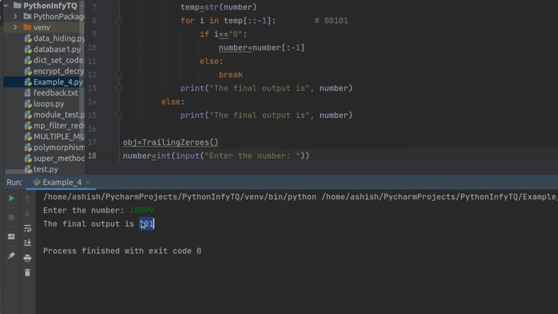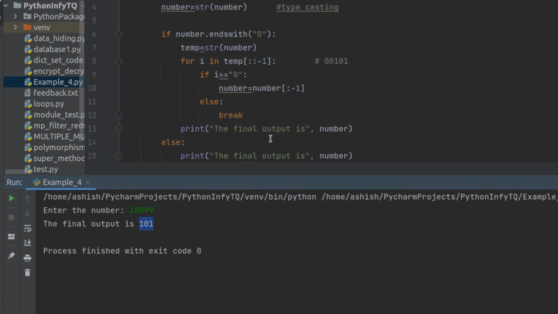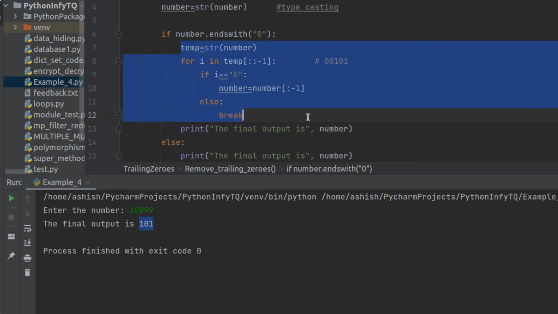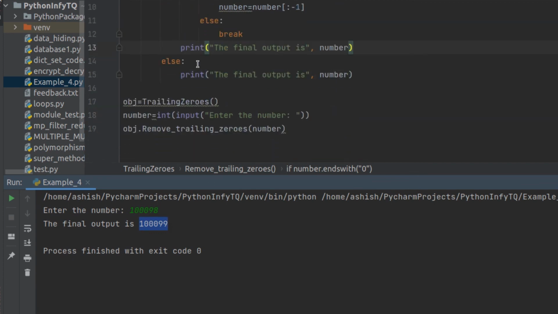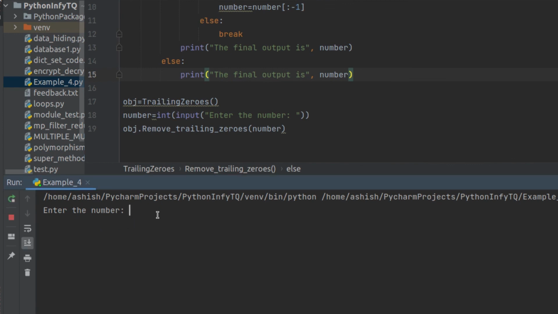So can you see 101? As per this logic I am getting this output, and this is giving me the result. Similarly, if I change the value and check it now, in this case the output will be simply 1000099, because I know that I don't have any trailing zeros and I want the direct output as per this. So this is how I can update the value, how I can change the input, and I can simply get the values, right?